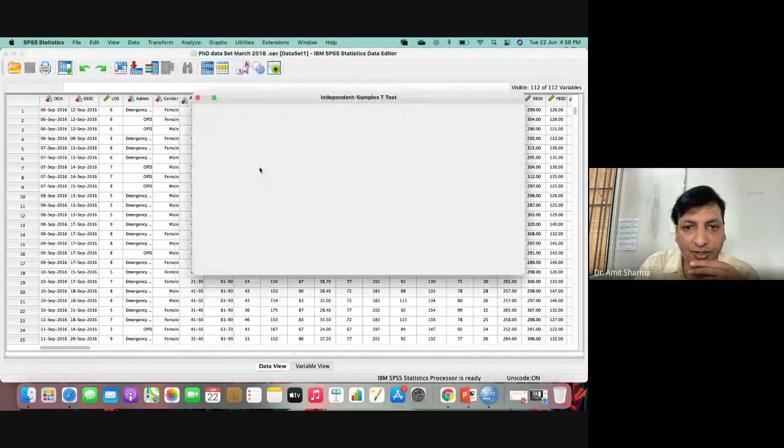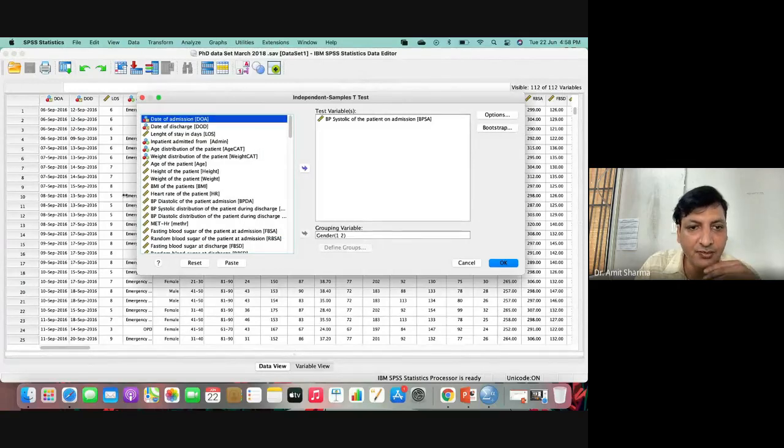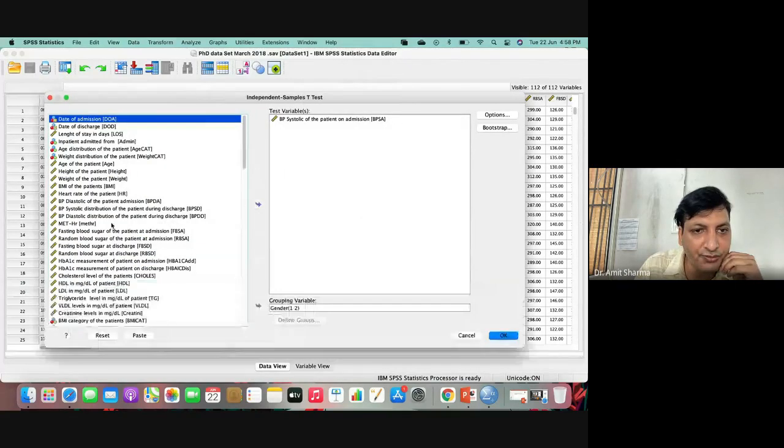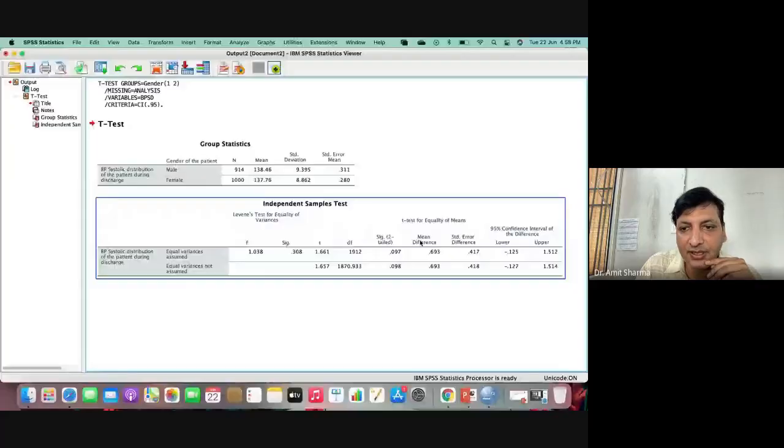I should go for the during discharge variable, because during discharge in my project I have received a lot of difference. So the systolic blood pressure of the patients during discharge we can find out, but this we have to remove first, and during discharge we can go and click OK. Yes, 0.09. Still we have got 0.09. It should be less than 0.05 for the test to be significant. This particular value is what we are looking for.